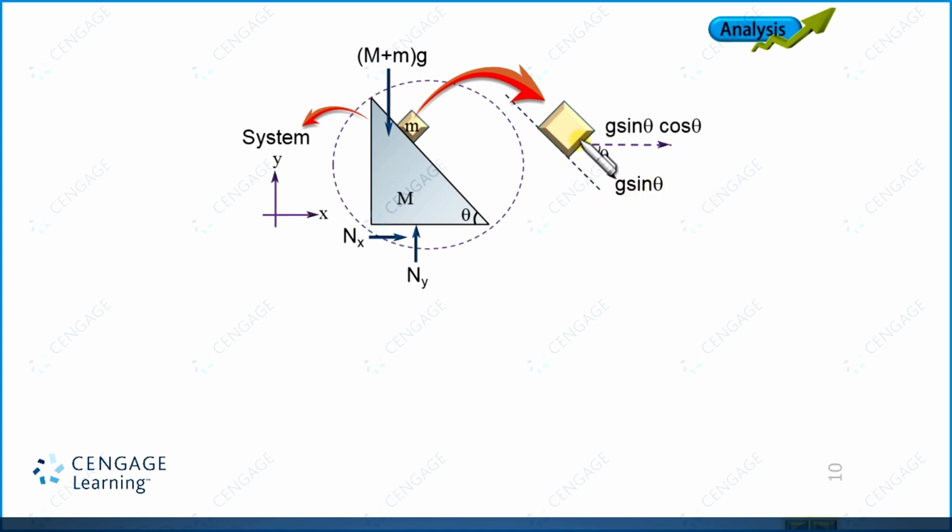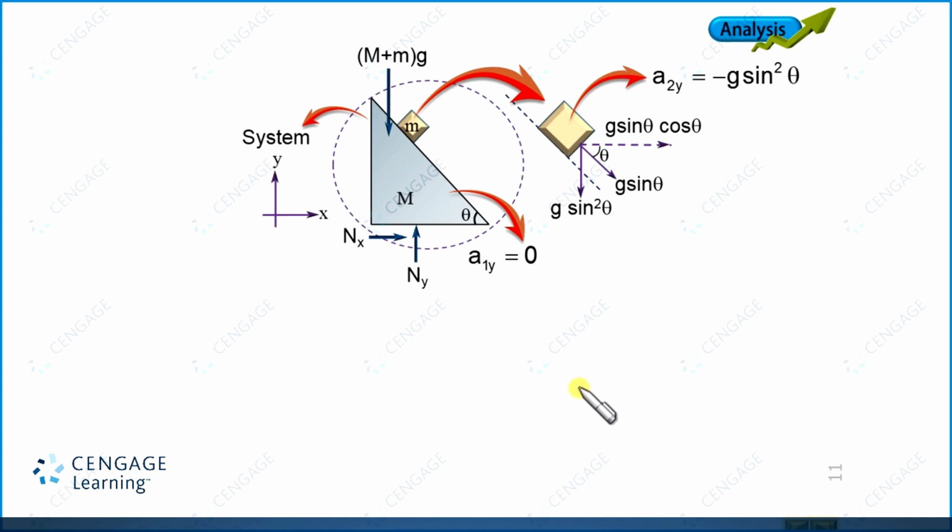Now consider the vertical direction. Vertical direction is the vertical downward direction. So this will be equal to g sine theta multiplied by sine theta, that is equal to g sine square theta. This is the vertical component of acceleration of small m. So we got the acceleration of small m and capital M. So let us write this acceleration of capital M in y direction 0, and this acceleration of small m in the y direction equal to minus g sine square theta, because downward direction we are considering negative.